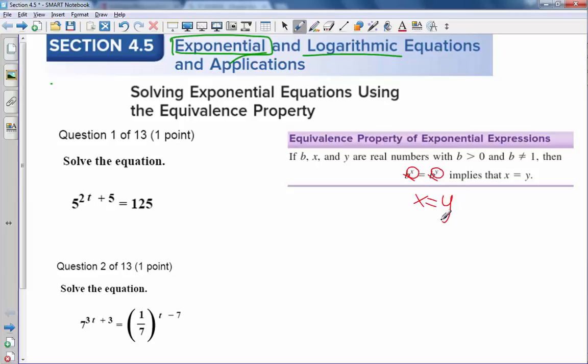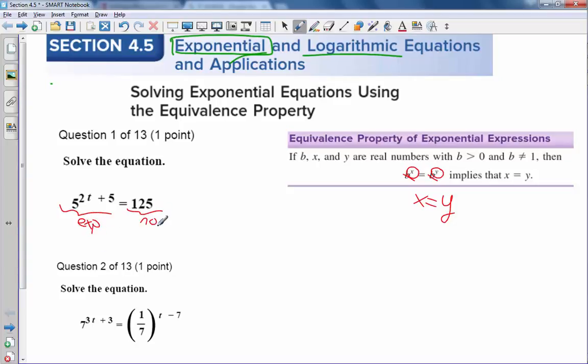X has to be equal to y. In other words, if two exponentials match, then the tops must match. All right, how can I make use of that fact here? You need to have one exponential on the left, one exponential on the right. I have one exponential on the left,